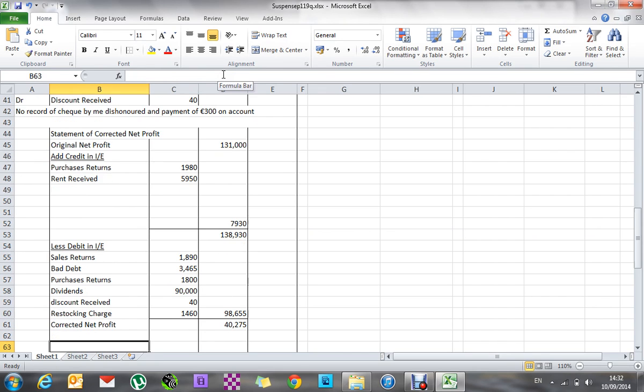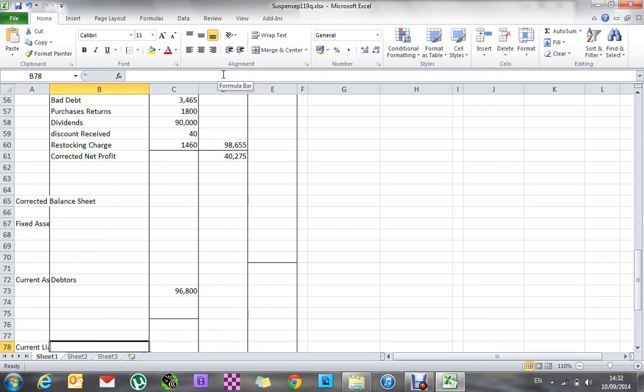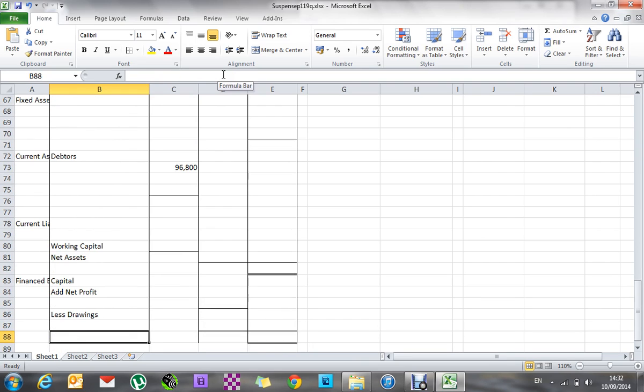So that 4275, I'm going to put that into the end of my balance sheet. So way down here, now let's just see, those aren't lining up right. So this template I had was for a sole trader. So this business is not a sole trader, it's a company. So our capital and layout is going to be a little bit different. So we have, let's see, we're not going to add our, we are going to add our net profit, and there's no drawings in this one. So the capital, there was